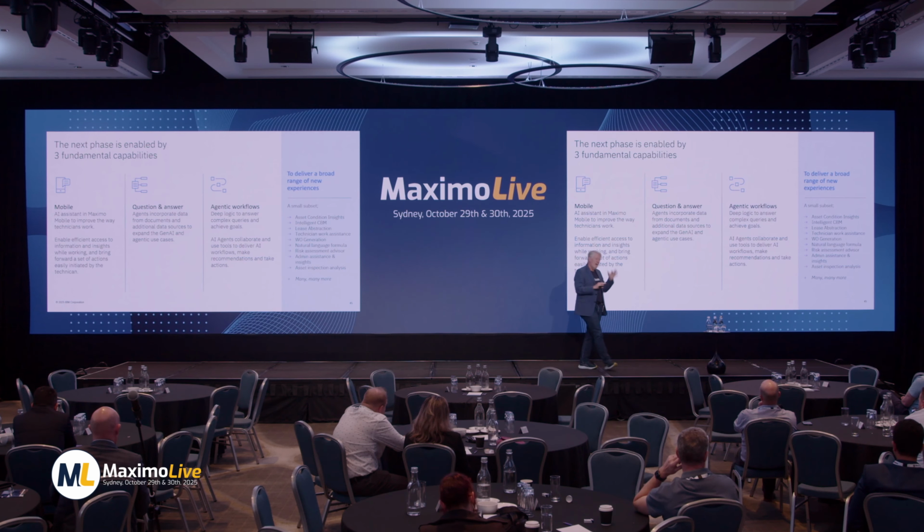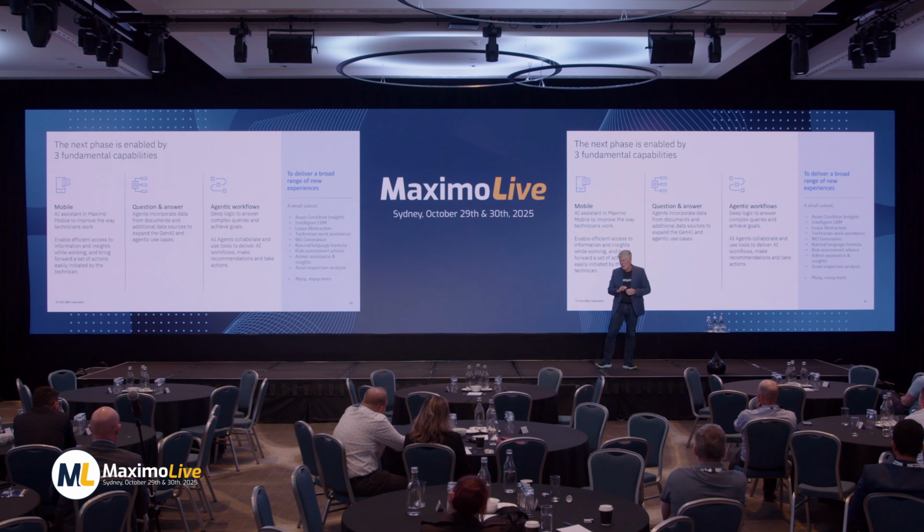Whether it be condition, work, or inventory, there's a series of agents that can come together. You can decide which of those you want to take advantage of, and that creates an agentic workflow, which means I need a way for my agents to be consistently created so that I can plug them into a workflow that ties into the process you are leveraging. All this needs to be done behind the scenes because you don't want to be an expert in all these things. So that's our focus on